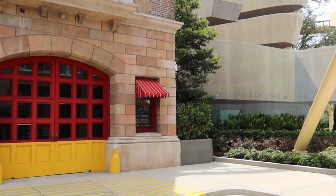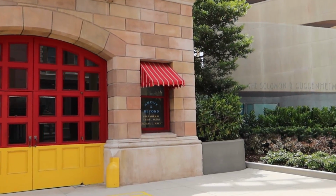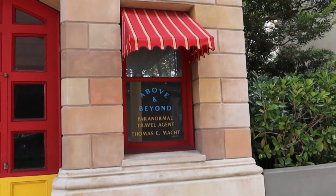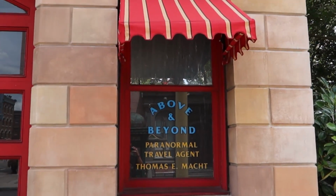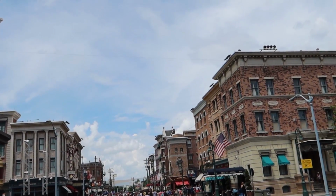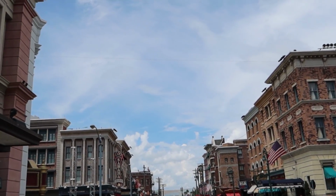And actually there's a little bit of a nod to Ghostbusters over here with this Above and Beyond Paranormal Travel Agent, Thomas E. Mock. Little nod to Ghostbusters with the paranormal aspect of it. Oh my goodness. All right, so I just started looking a little bit further into the New York section, and